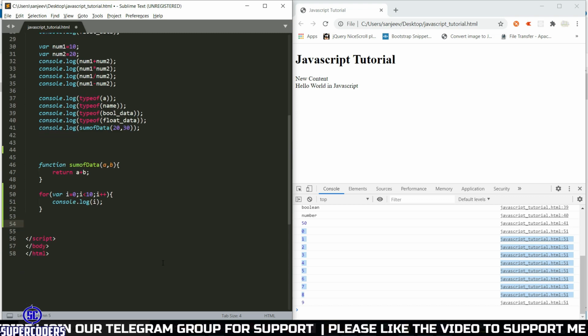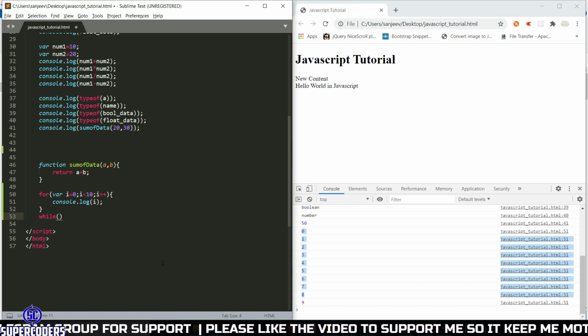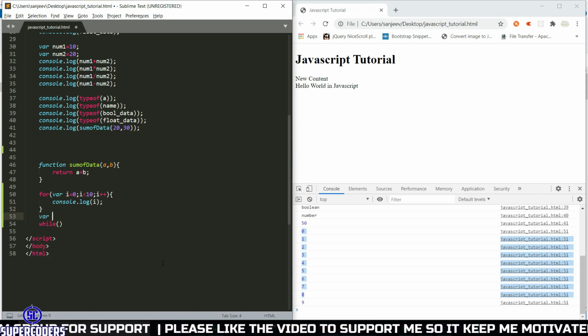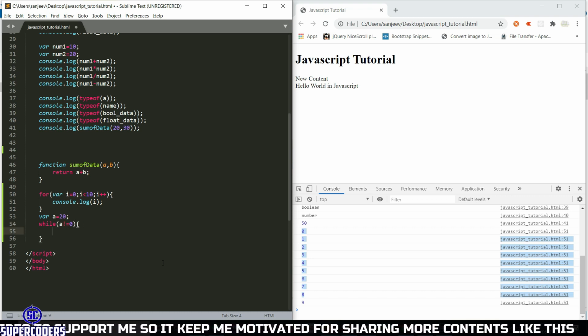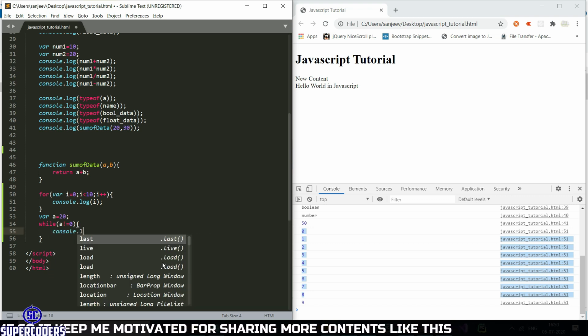Let's create another example, which is a while loop. So creating a while loop, while we are declaring a variable where a equal to 20. So this will run until the value of a is not equal to 0. So running the while loop, printing again console.log